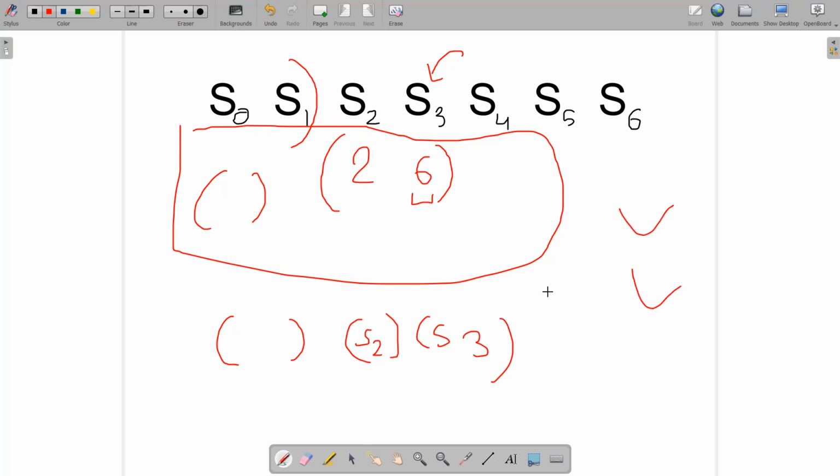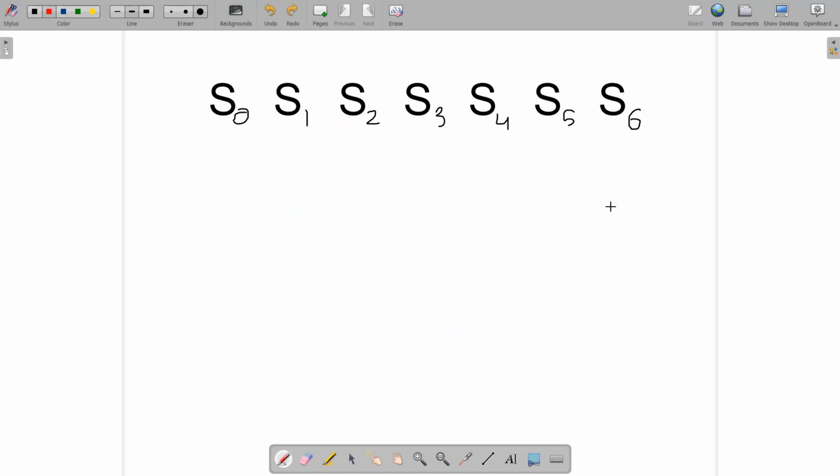Okay, so how to find out the total number of values? Let's try to understand this one. Let's say we are going to maintain a DP array. This is DP, and it is of size n plus 1, where n is the length of the string. Now let's initialize some base values for this DP, like DP of 0 as 1.